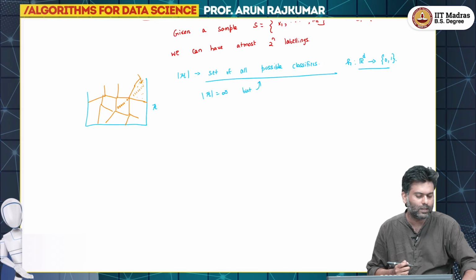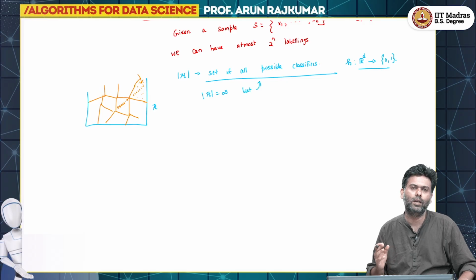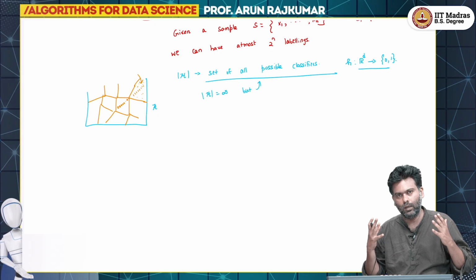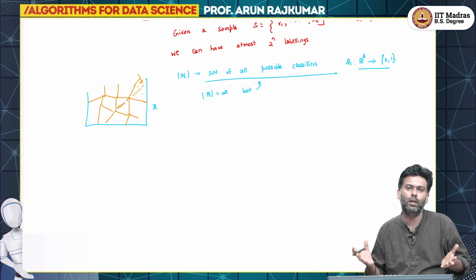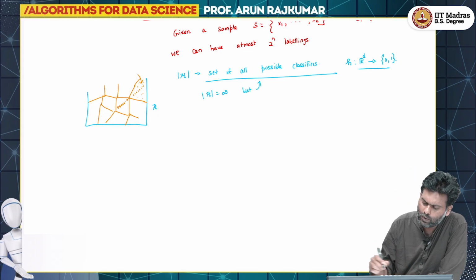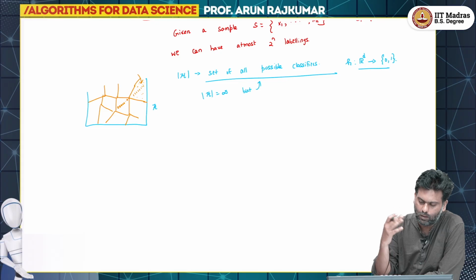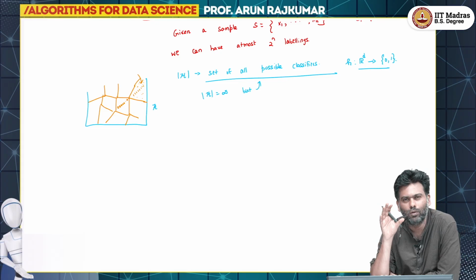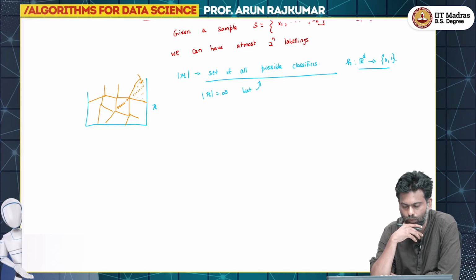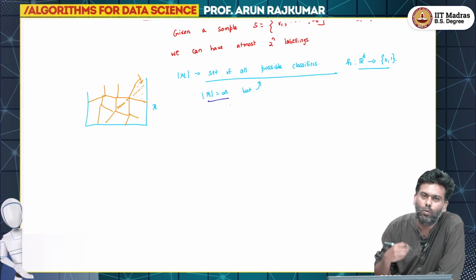So this is the key intuition: effectively there can only be a finite number of classifiers. Though we are calling the hypothesis space infinite, the effective number of classifiers is only going to be finite, which is equivalent to the number of distinct labelings that we can achieve for our training set. I am not going to get too precise in this discussion, I will give you only a very high level intuitive view. So let us say the cardinality of h is not infinity, but only the effective cardinality,